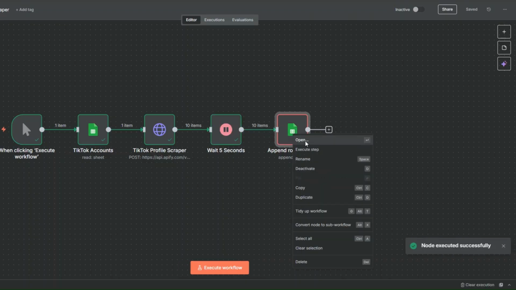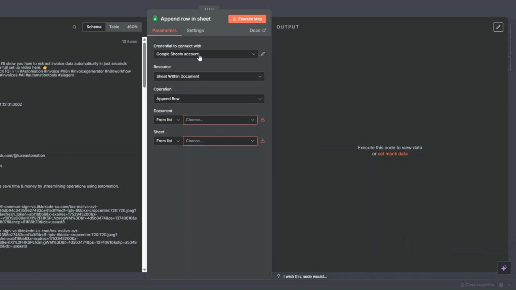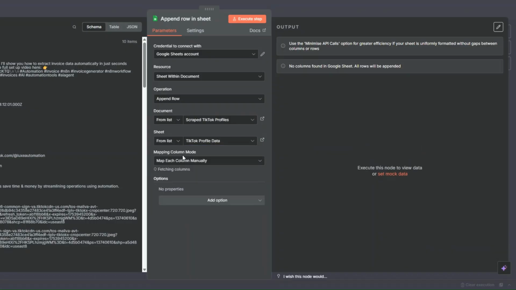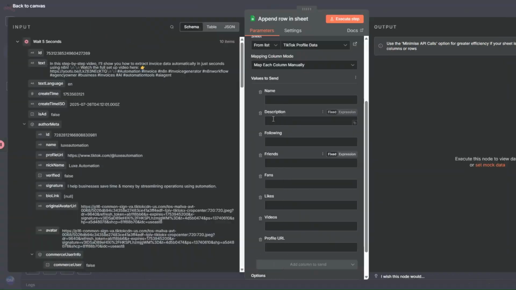Then I'll open this node right here. Here, I'll choose my credential. Then here, I'll choose our documents. Choose this document right here, our spreadsheet. This time around, we're going to choose TikTok profile data, since this is the sheet that we're going to add our data. Now here, we're going to map our columns in our spreadsheet with the data that we